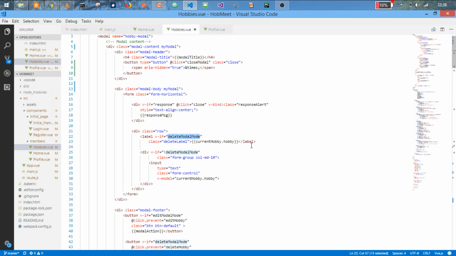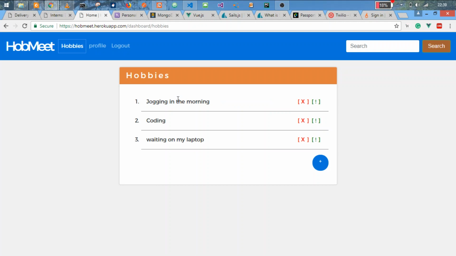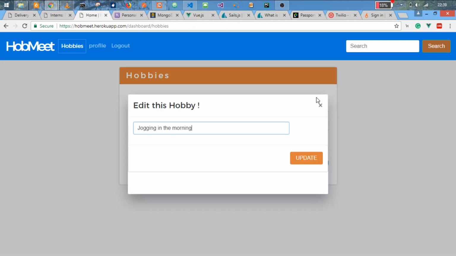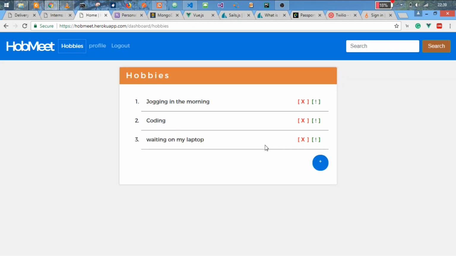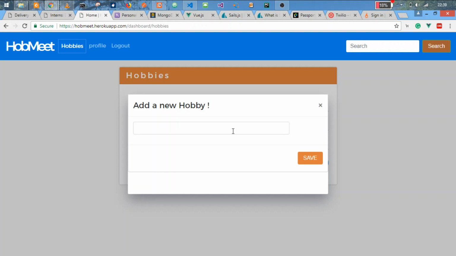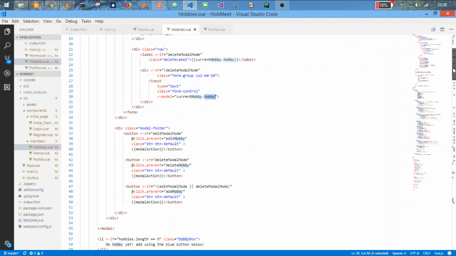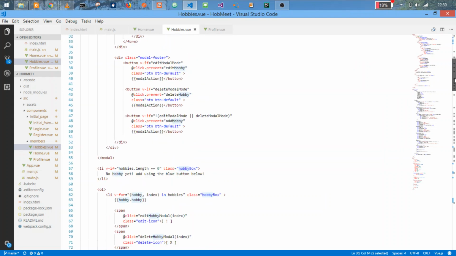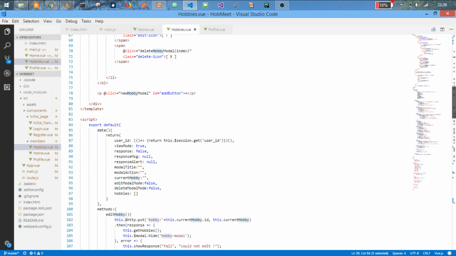And that's what you will see happening in my hobby. Whenever I want to delete a hobby, I'm only using a label to display it. But if I want to edit, I'm using an input box, or if I want to create a new one, I'm using the same input box. That input box is having this current hobby dot hobby, which is also here too. So on edit, delete, or adding a new hobby,